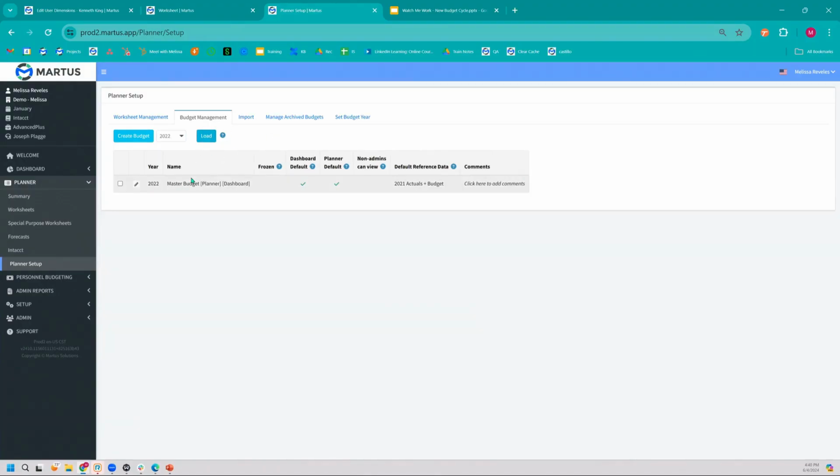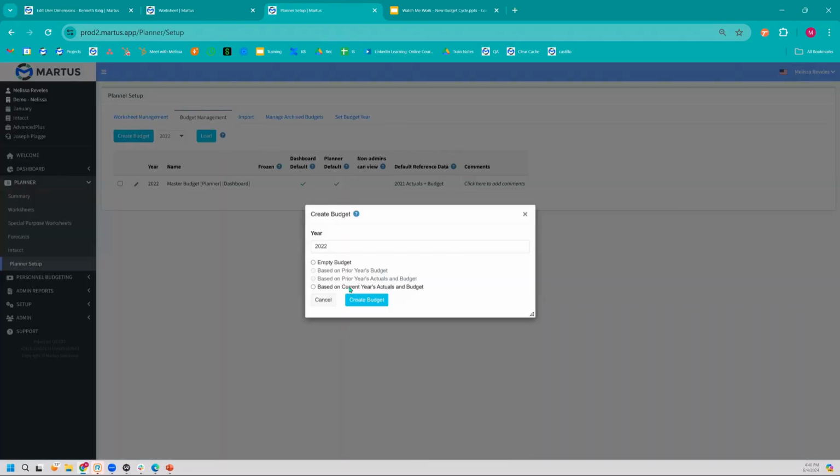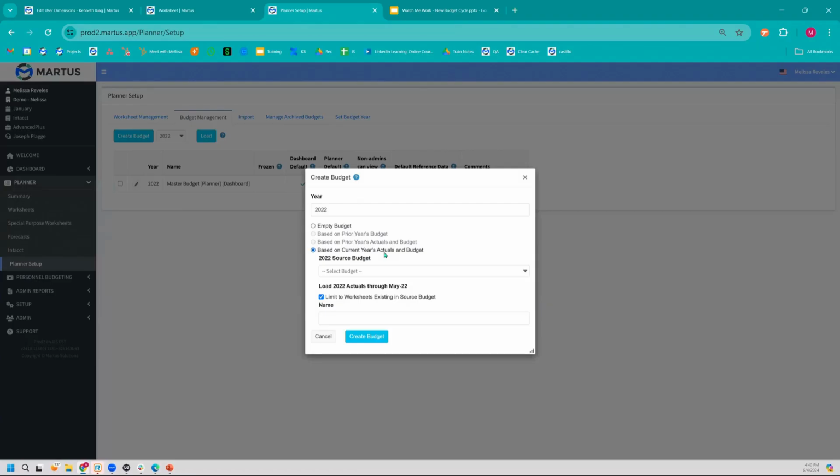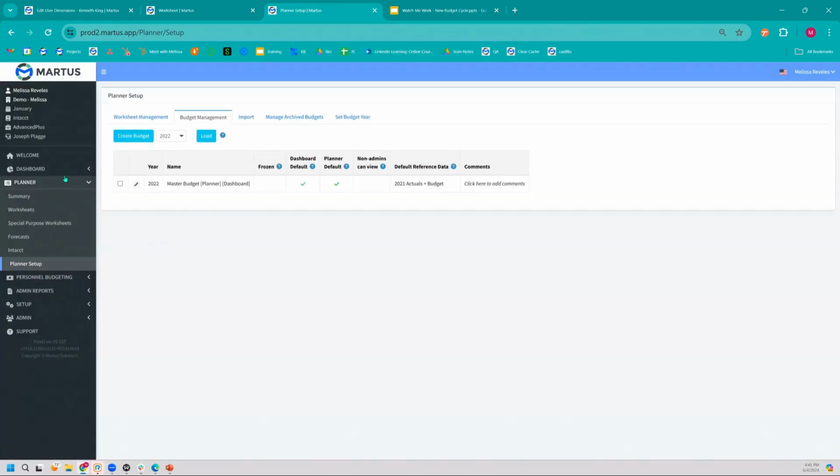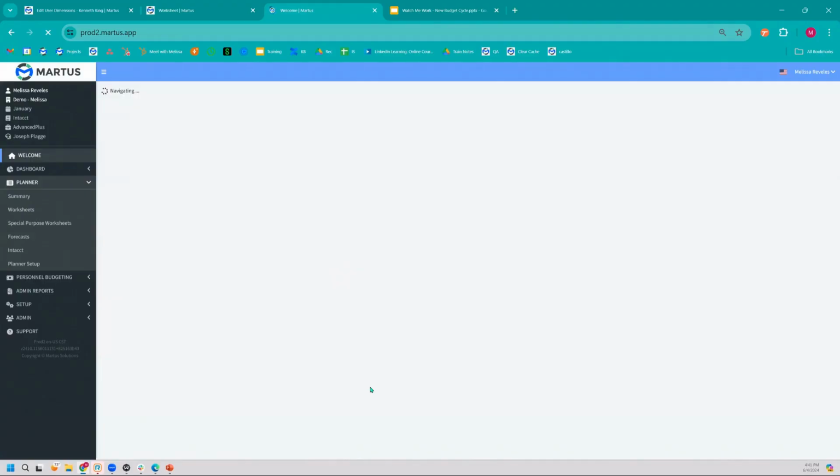So what I'm going to do is go ahead and see my budget here. I'm going to click on Create Budget, and I'm going to utilize my new option, based on current year's actuals and budget. Again, this is saving me a lot of steps of copying the budget and then loading actuals. So I'm going to click on Master Budget, and I'm going to limit my worksheets to the existing worksheets in the budget, and we're just going to call this our forecasted budget, and click on Create Budget. I don't think I actually clicked on it. There we go. And we will click Close and jump back up to our welcome screen